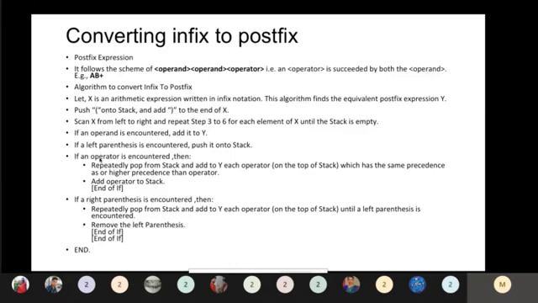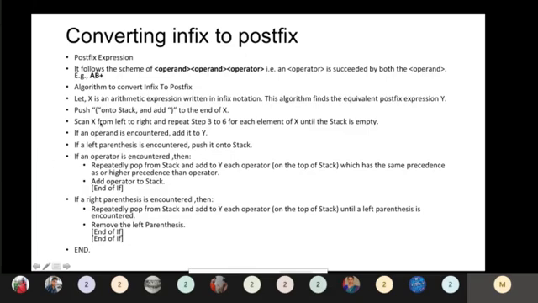When you are reading the expression, if you find any operator, only then you apply the whole procedure, checking for highest or equal priority. If you get any opening parenthesis, you have to monitor that too. Otherwise, if you find any operand, such as A, B, C or some variable name, we can directly place it on the output stack. So that is the procedure.